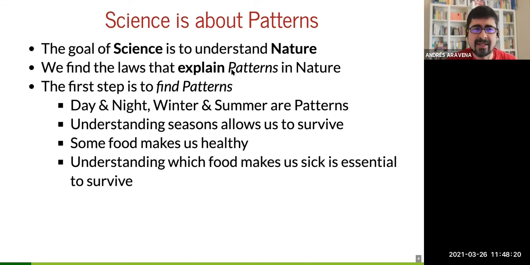They are not identical, but they are. So, for example, people found that there is day and night. And a lot of the first knowledge that people have is that after the night, there will be a day. And after the day, there will be a night, and there will be winter, and there will be summer. People noticed this pattern for thousands of years. And when you understand that there is a time that you have to put the seeds, and there is a time that you have to harvest the fruits, that people who learn to do that, or people who learn to follow the animals to hunt them, or to fish, whatever,